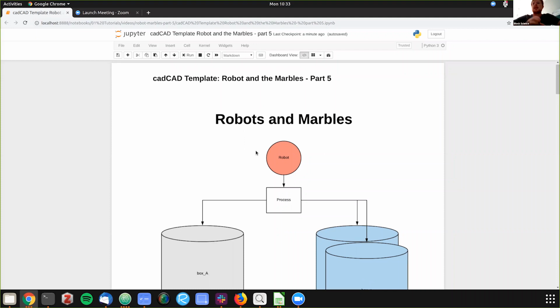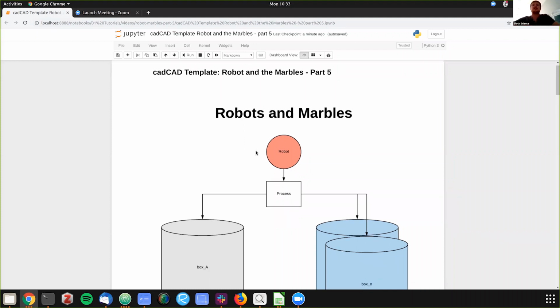So to just recap, so far we've started with this basic example of a robot that has multiple arms that is moving marbles in between different boxes to try and reach an equilibrium. We've added Monte Carlo steps, we've added stochastic processes, we've added behaviors, and we've started to add more of these complexities. Today, we're going to be embedding that network object to allow essentially a scalable graph database that will allow